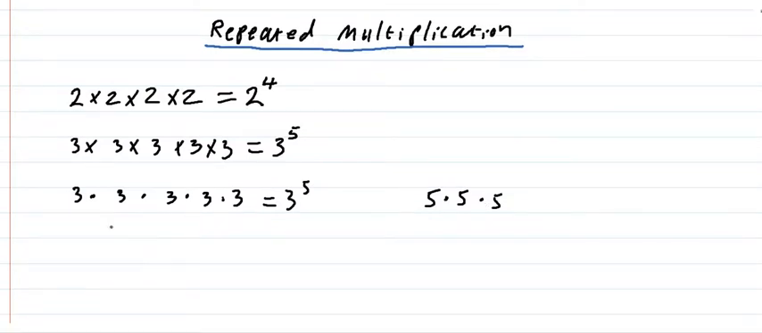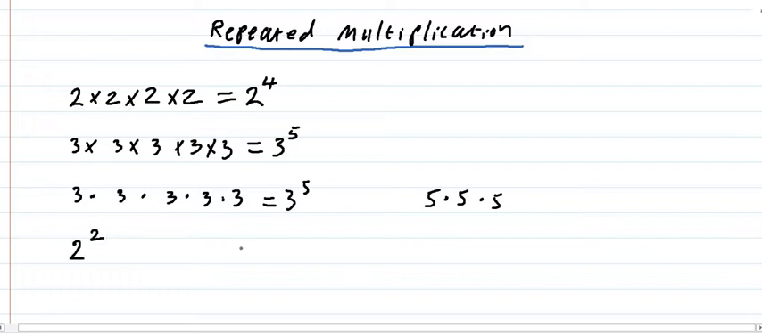Another abbreviation I'm going to be using an awful lot will be to describe a number to the power of 2 as being squared, and a number to the power of 3 as being cubed. The reason being, if I have, for example, 2 squared, I can understand that as being